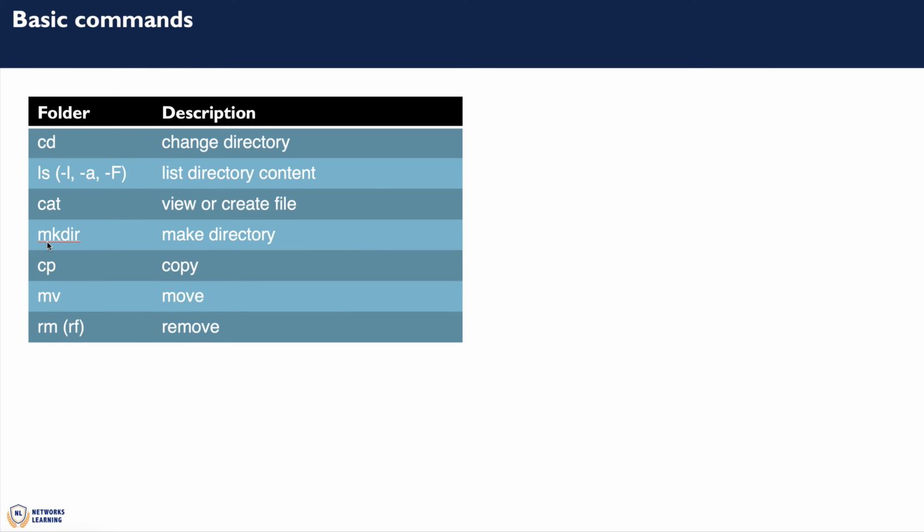And then mkdir, make directory, obviously to create a directory. And then cp, which is for copying. So you'll be copying files, for example. mv for moving files. And rm for removing a file. And if you're removing a folder and you want to remove the content of the folder, you have to use the -rf also. So one of the commands that I have not mentioned is print working directory, pwd, and this